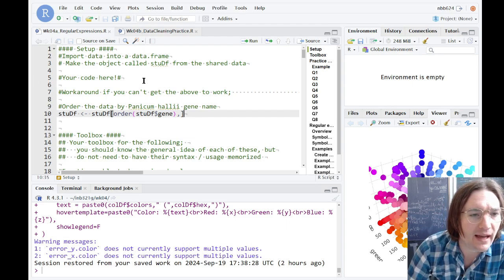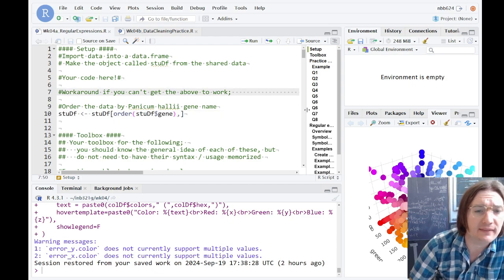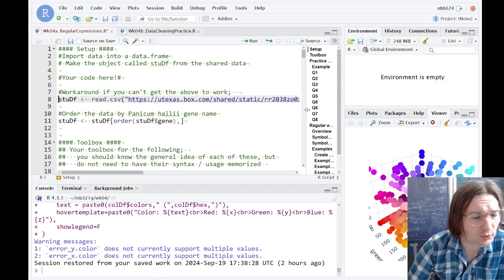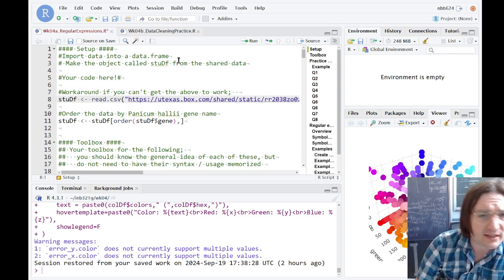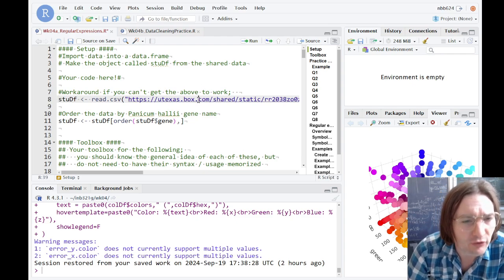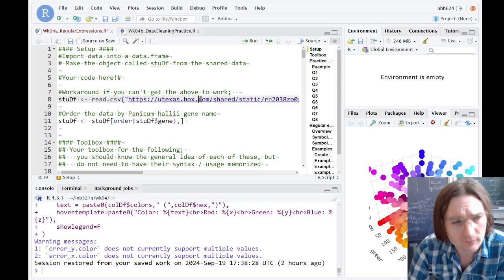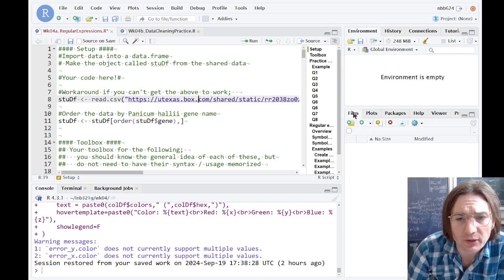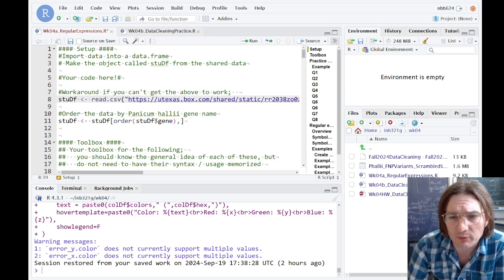This first question is asking you to import the data set using a tool like read.csv or read.delim. It really matters more on how you download the data. So the different ways that you would download that will result in